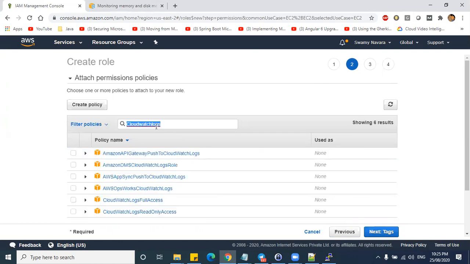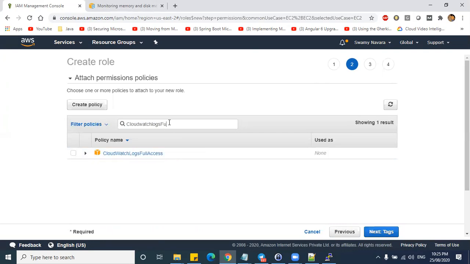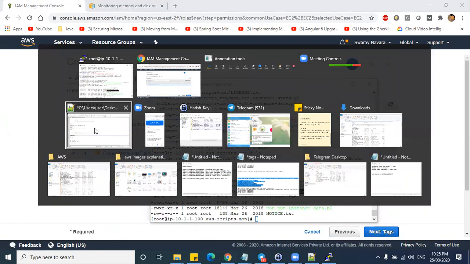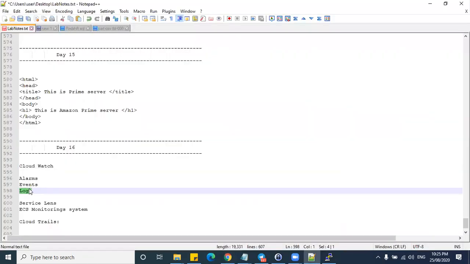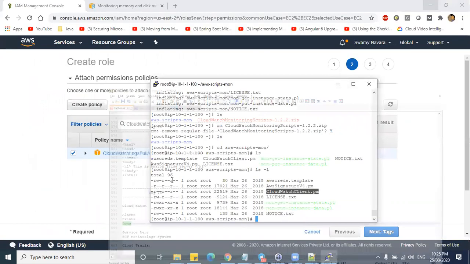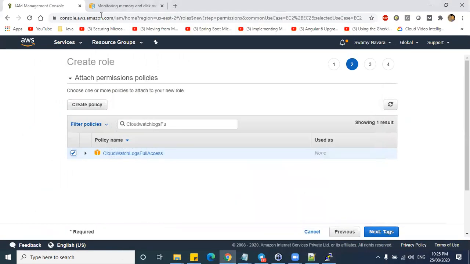Why I'm giving CloudWatch logs is that we have logs, right? For these logs we need to have this role. So for the same user role I'm giving this CloudWatch logs role as well.